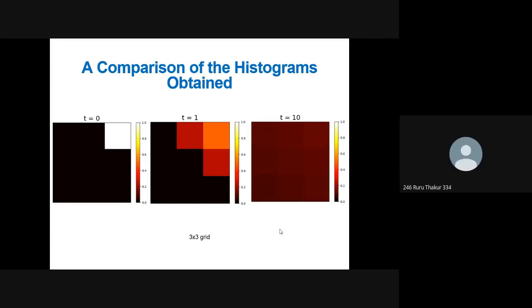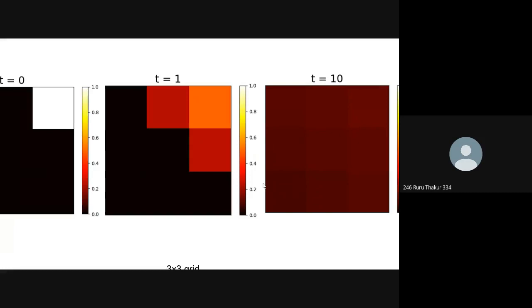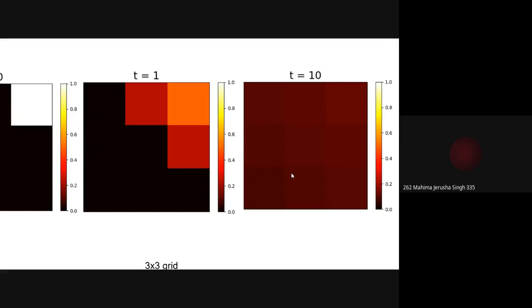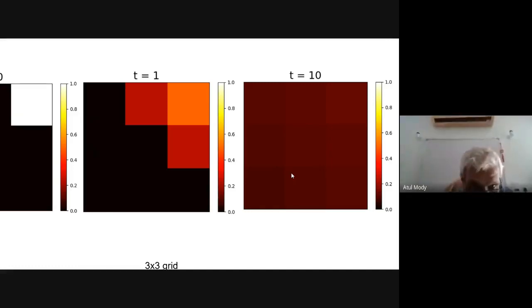No, sir, it's not at 10 moves. It's actually a very subtle difference in color, if you can zoom in a little bit. Yes, sir, I can see some little color shading. It's only when it goes to say t is equal to 100 that it becomes a square of one color. Essentially. Can we go to the next one?